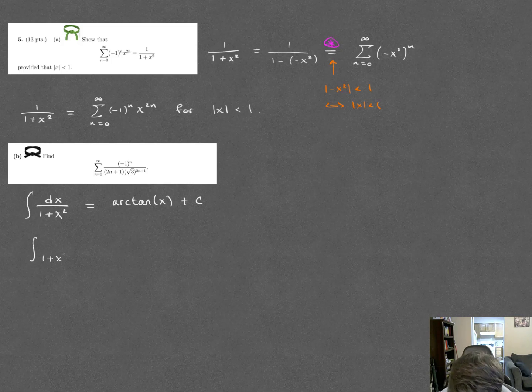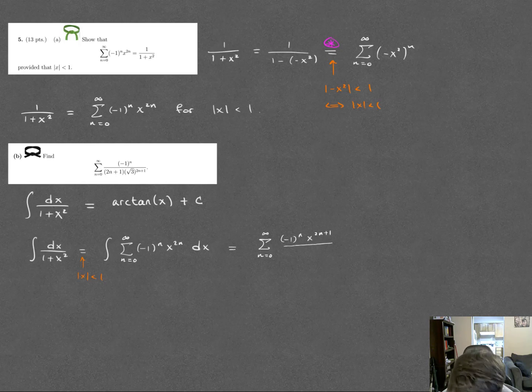And my power series representation says that if I integrate 1 over 1 plus x squared, this is the integral of the sum of minus 1 to the n x to the 2n dx. And again, this is only valid for absolute value of x less than 1. The sum from n equals 0 to infinity is equal to the sum from n equals 0 to infinity of minus 1 to the n x to the 2n plus 1 over 2n plus 1. And remember, I'm integrating with respect to x, so I leave the n's alone, plus c. So now I've got this